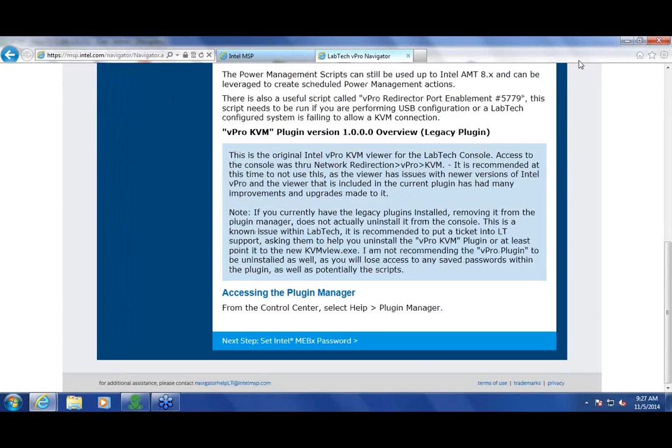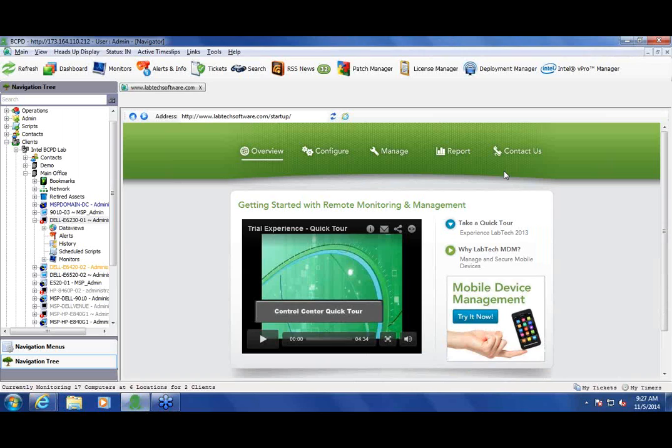Everything I show you today will be covered in the Navigator, so we won't go over the Navigator any further. So first off, what does vPro do for me? That's going to be your main question. Well, vPro is a remote management technology that tech will